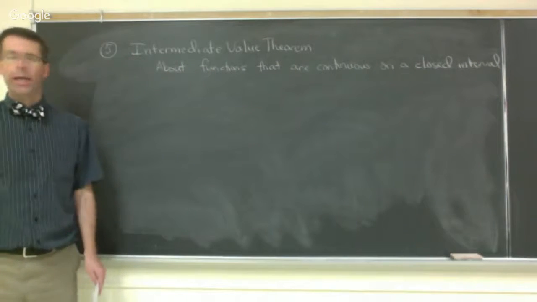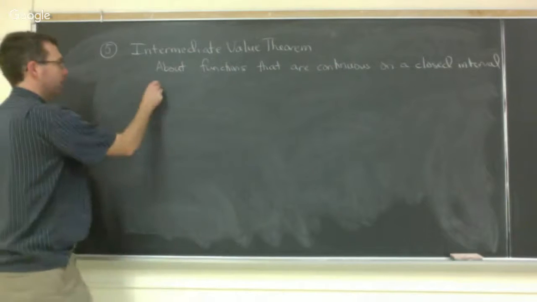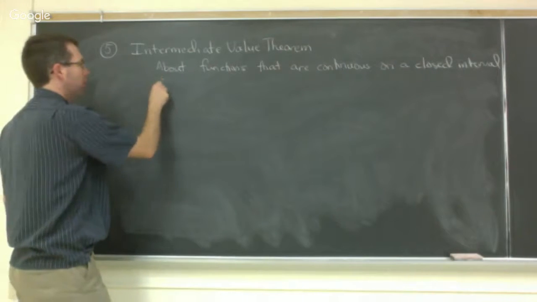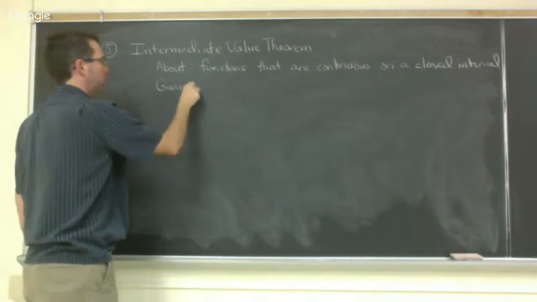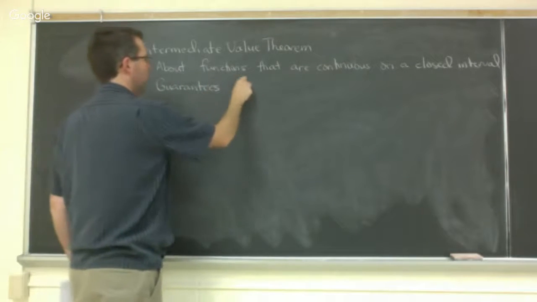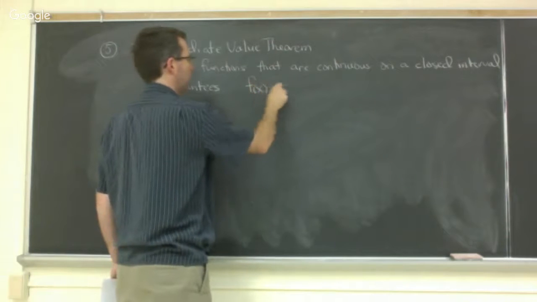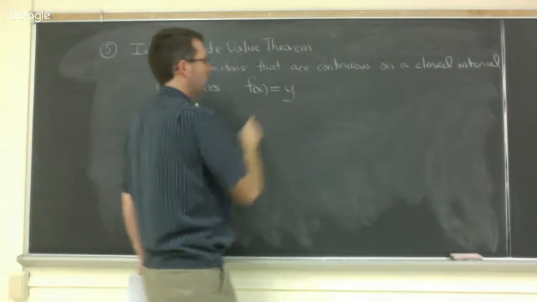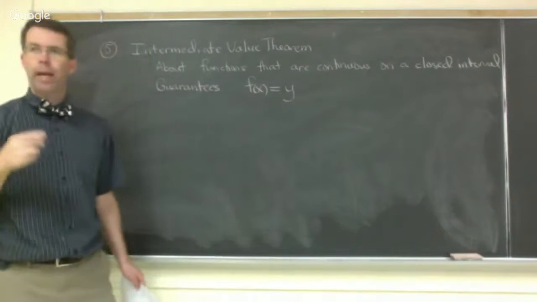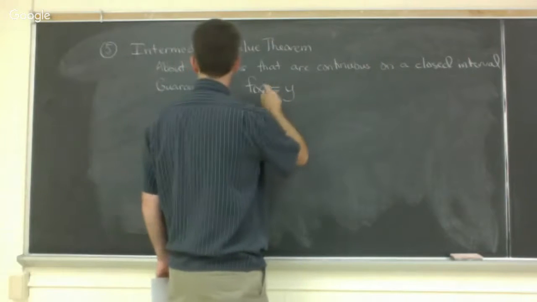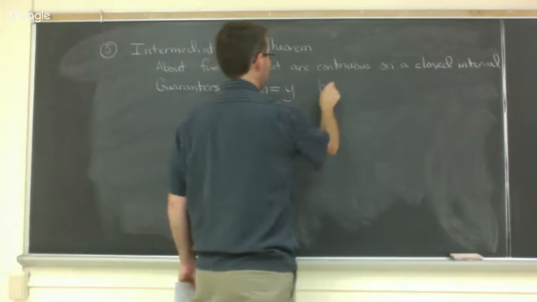Okay. And what it tells us is it's a theorem that guarantees that the function f of x is going to pass through all values, guarantees that f of x equals y has a solution